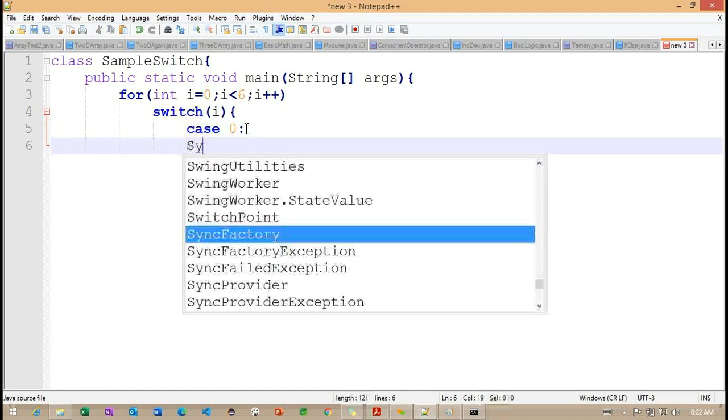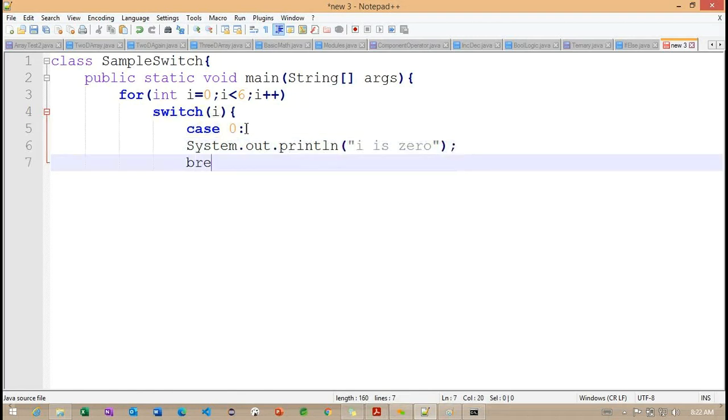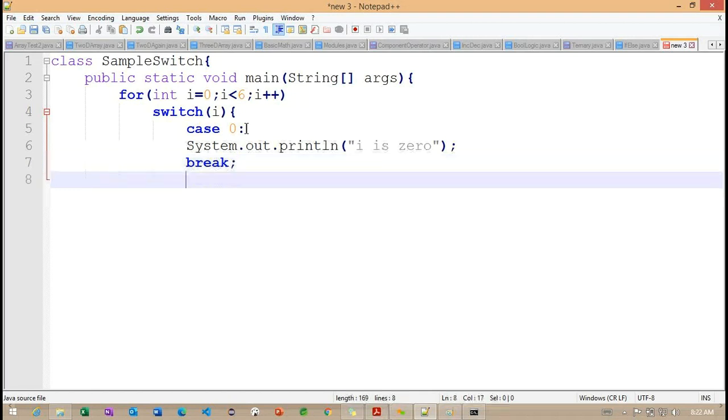Now I'm using 0 here. So what I'm trying to do, I'm going to work with the println statement here. I is, so initially we are going to get 0. Getting the point? So I'm going to make a break here. Why am I making this break? Just for understanding, first see this current example. Later we can go for the break information.